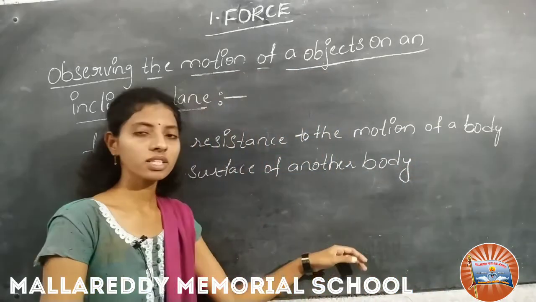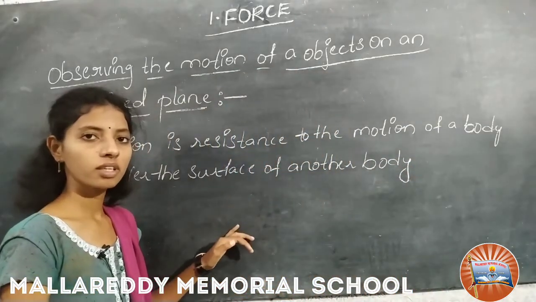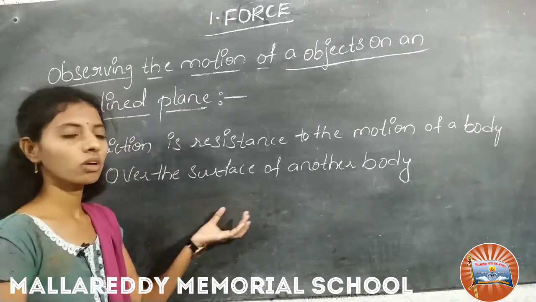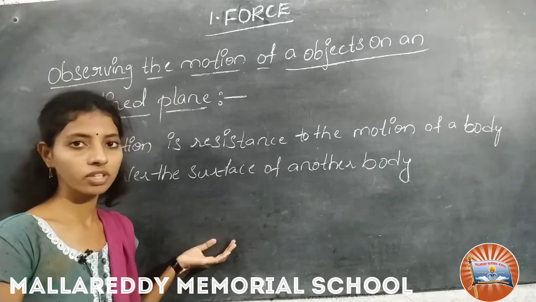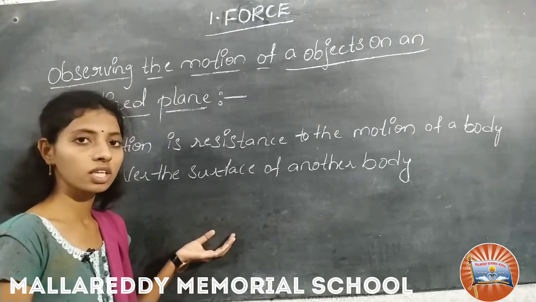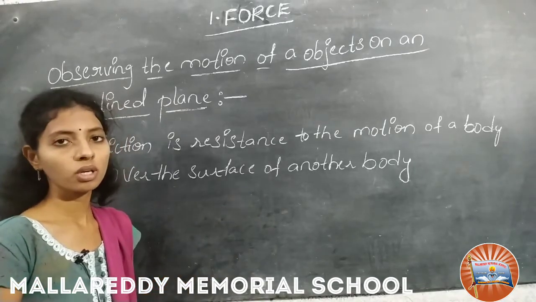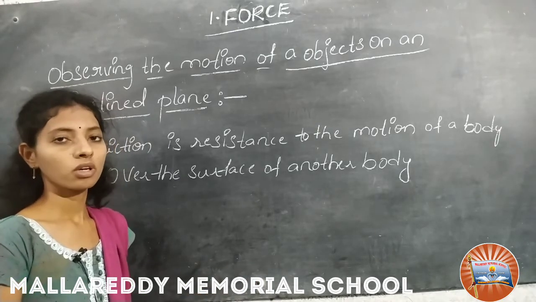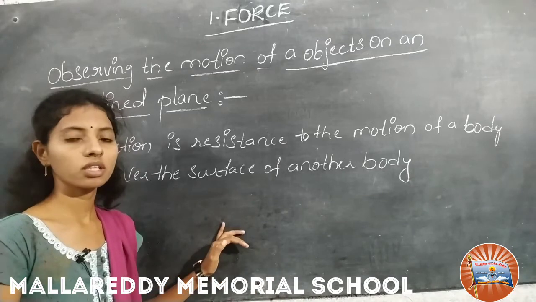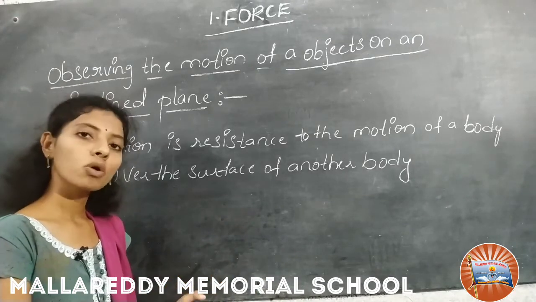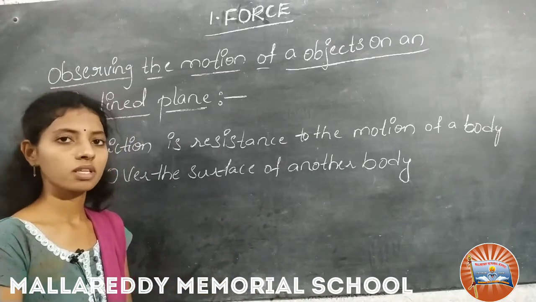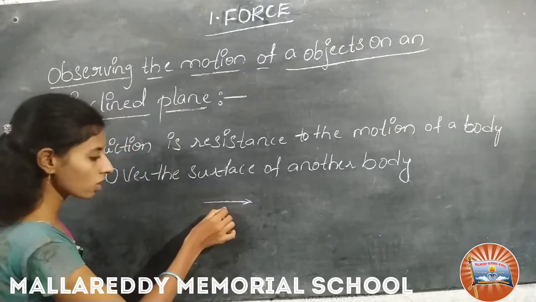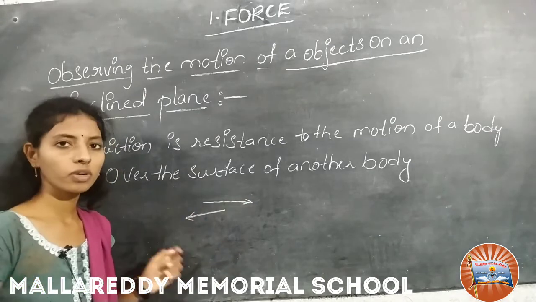We can't imagine our life without friction, right? So here, if the car moves on the road, it will experience the frictional force. Without friction, the car will not move on the road. So there is a frictional force between tires and road. The direction of the friction is always opposite to the motion relative to the surface, right? So when the car is moving in the forward direction, the frictional force is applied in the backward direction.